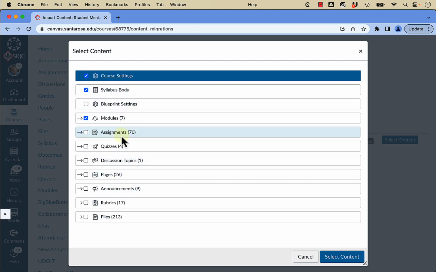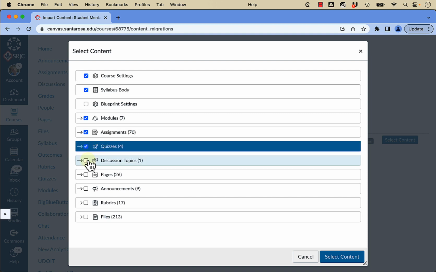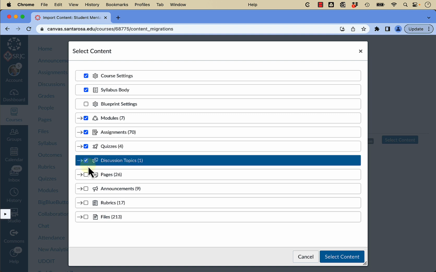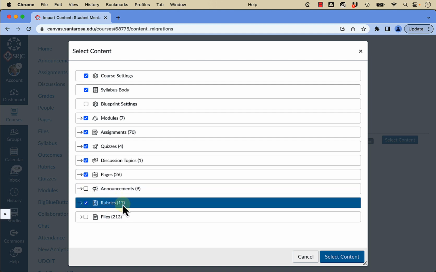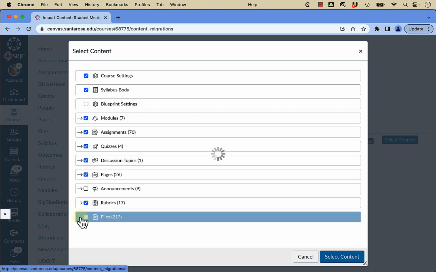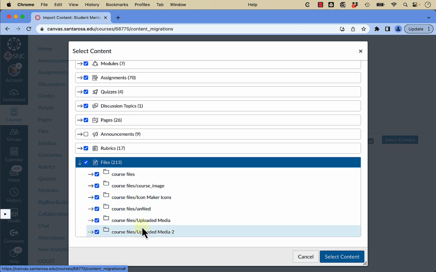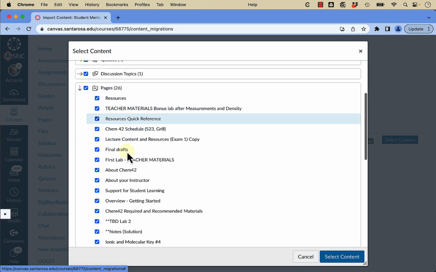You can try leaving some of this stuff out. It should import the ones that need to go into the modules. But if you have extra things in there that you sometimes use, or you're just not sure, nervous about that, you could definitely come in here and check all of these and bring them in. Kind of your choice there. Rubrics, if you are using rubrics, you want to bring in all of those, and then files. And these have little individual things, so you could come in here also and look through, and anything that has an arrow next to it, you could come in and pick which ones you want if you're not sure,